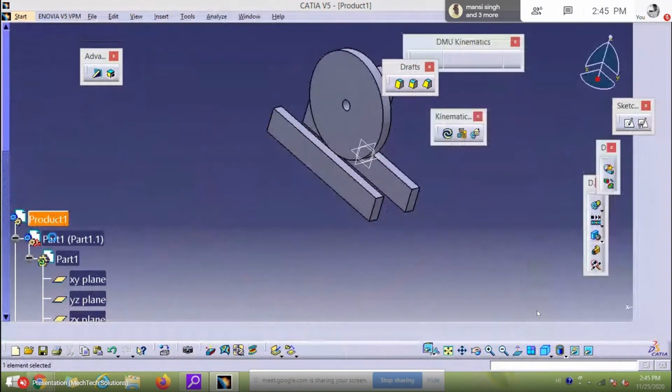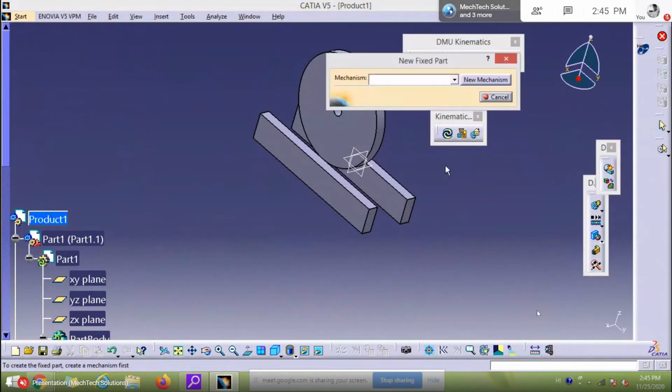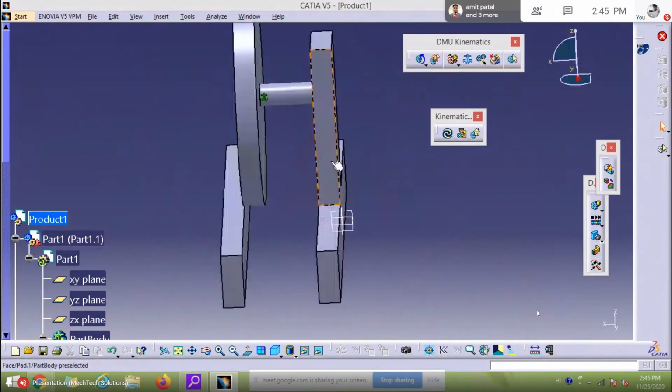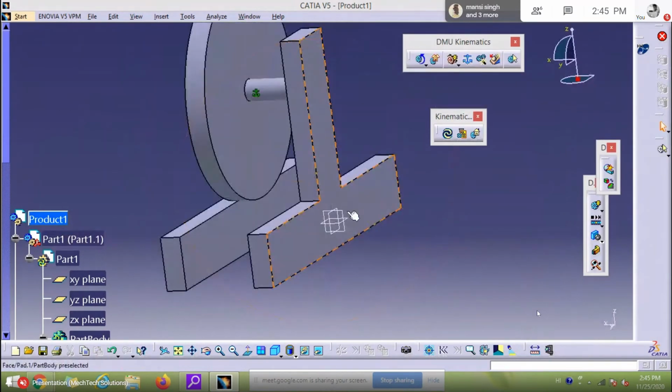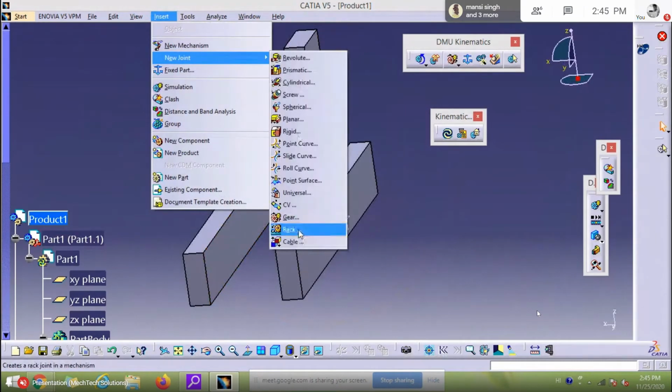Just double click on product, and here we need to first fix part. Which part will be fixed? The base will be fixed. Click on fix part. Now select base. Click on rack and pinion joint.